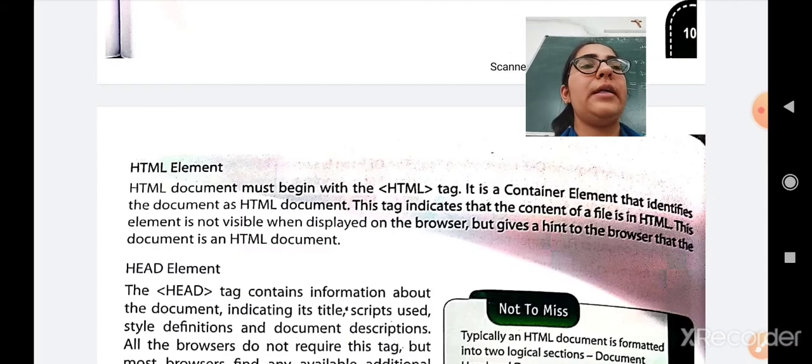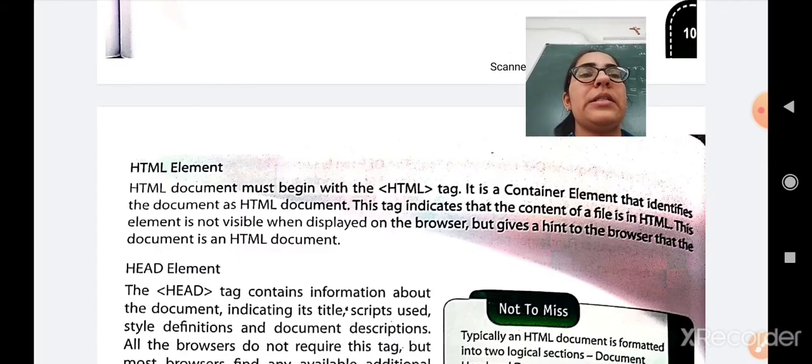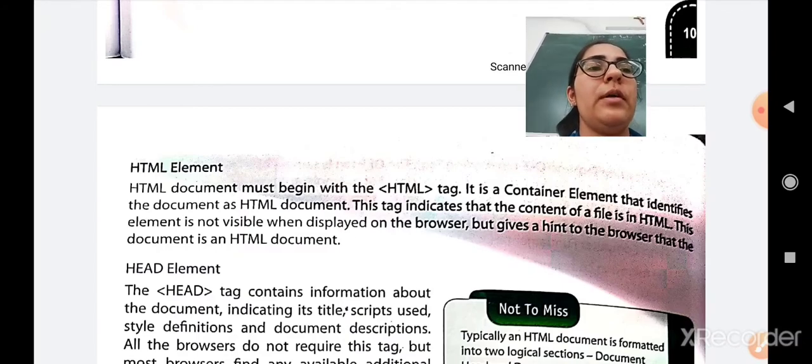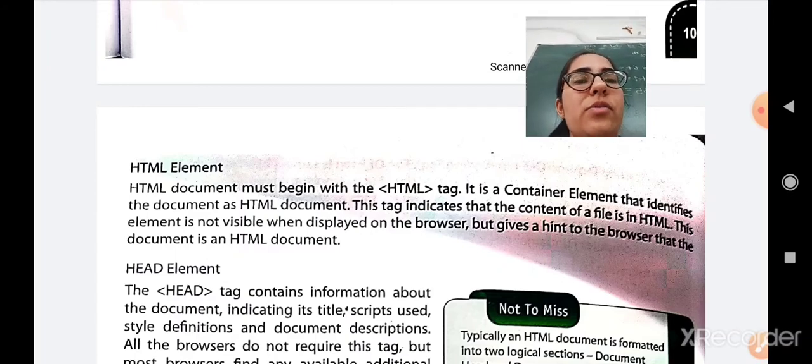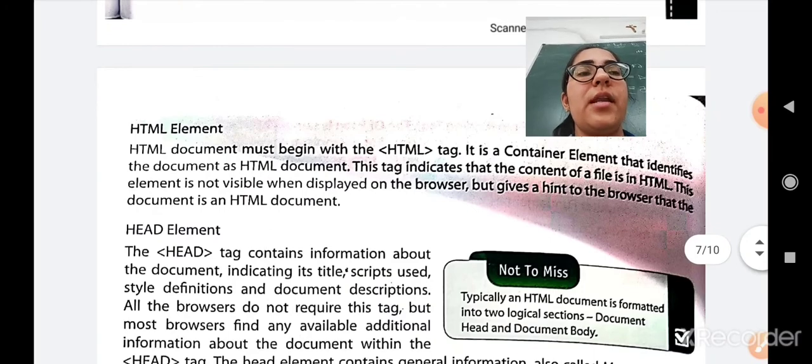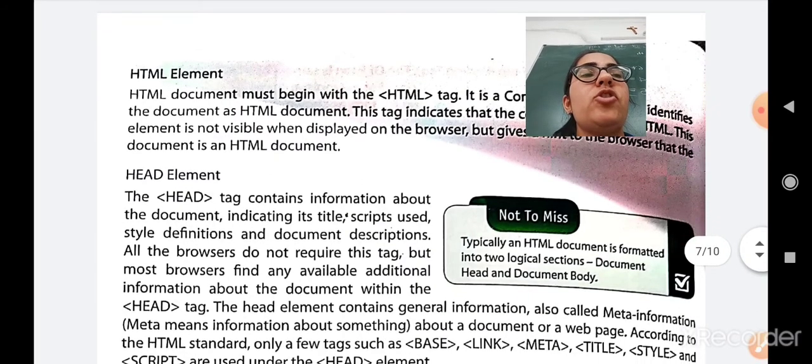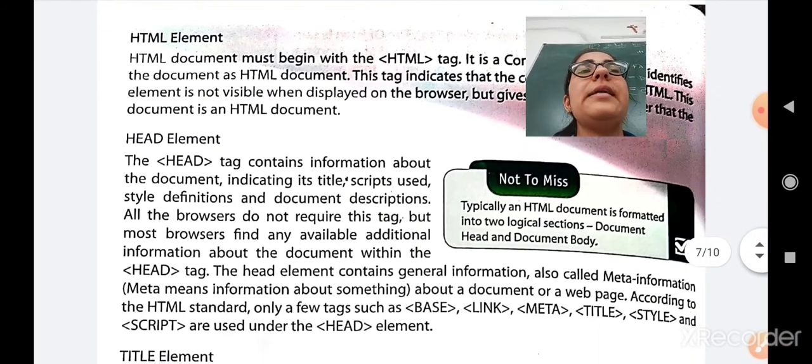So if you do not write an HTML tag at the beginning, then your document will not be considered an HTML document. This tag indicates that the content of the file is in HTML format. This element is not visible when displayed on the browser, so it is not shown as an output. But it gives a hint to the browser that the document is an HTML document. So it is necessary to start our HTML document with an HTML tag.